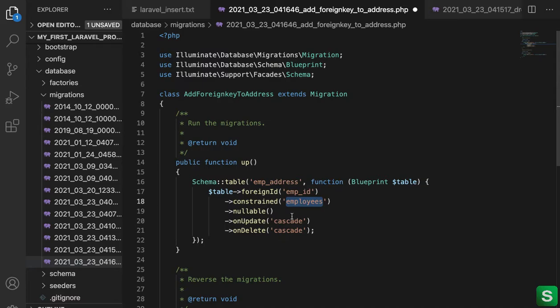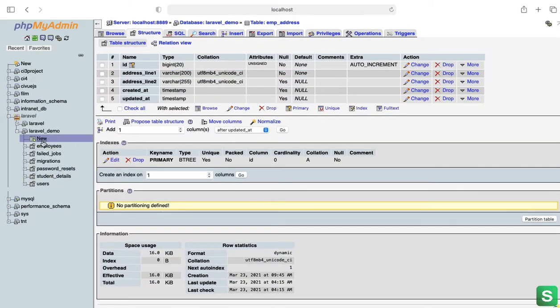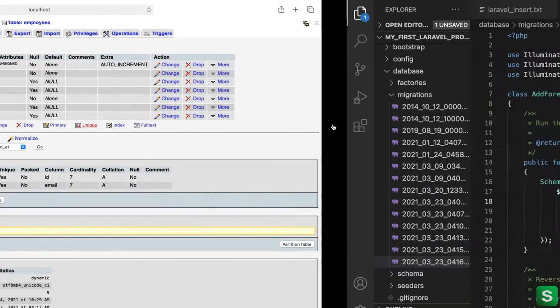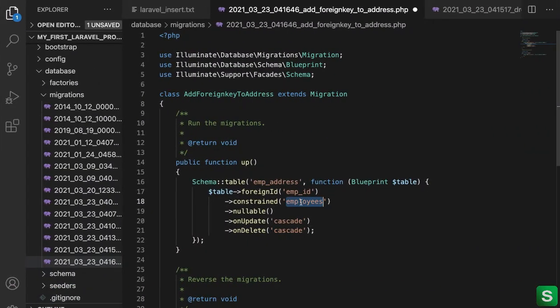Okay, it will reference the employees table. We have the employees table, yeah, it is there. So this is the table where we are going to reference our foreign key. The foreign field will be the employee id, and this is the parent table name.